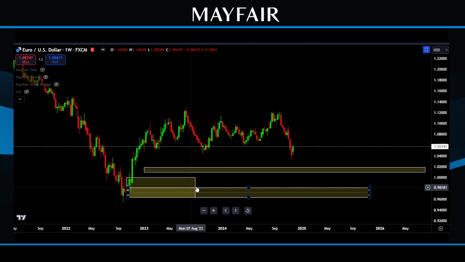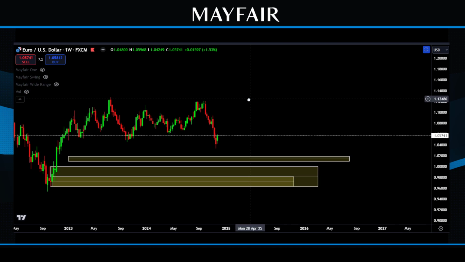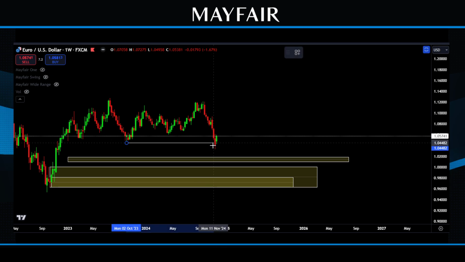So what I've got now is obviously a lot of information pointing towards the move continuing on down. We're not done yet, or not as far as I can see yet. We haven't really filled this in terms of a gap. We've currently taken liquidity below this candle. So therefore, the chances are we come back down into at least this zone, if not one of these areas. We're talking about a monthly or a weekly time frame here. So this has got a long way in terms of movement, a lot of movement that could continue on. But before I just jump in and say, oh, I'm going to go short,